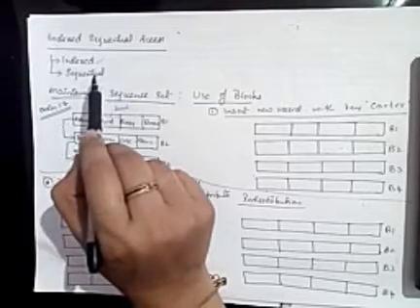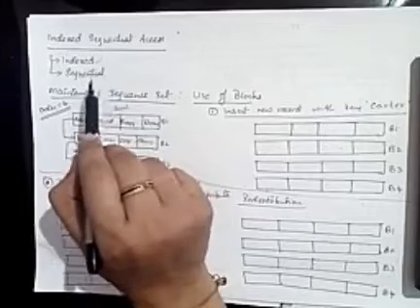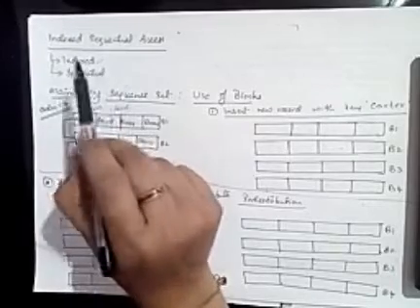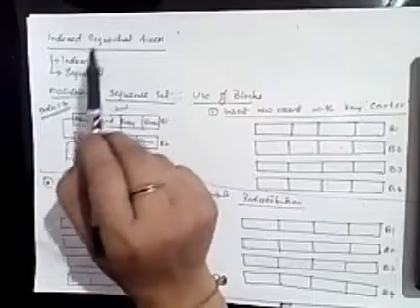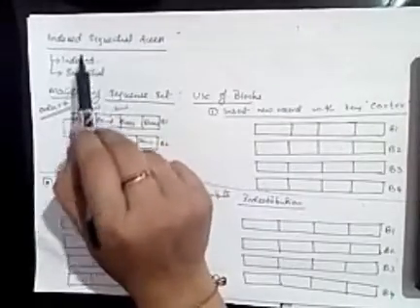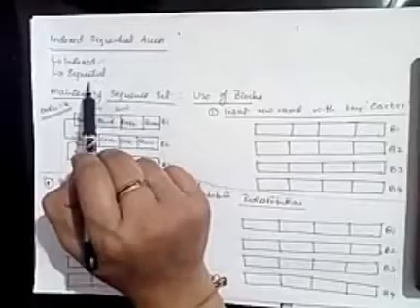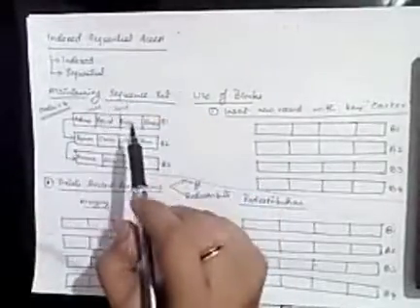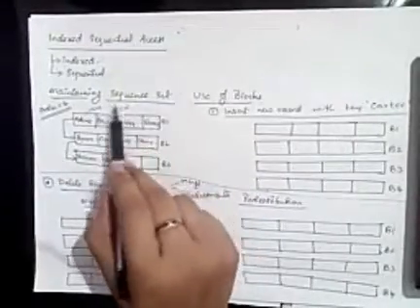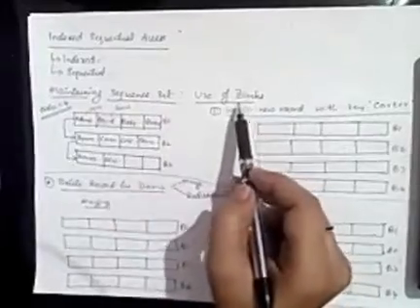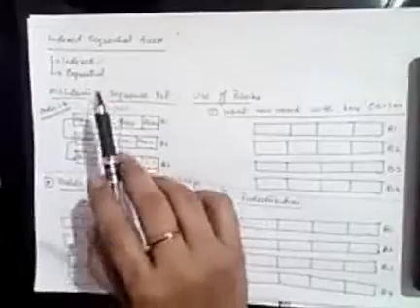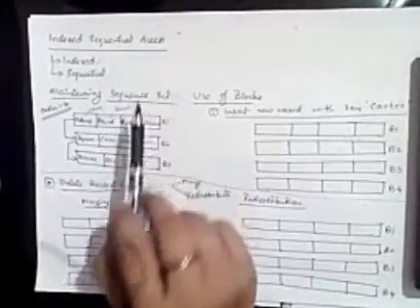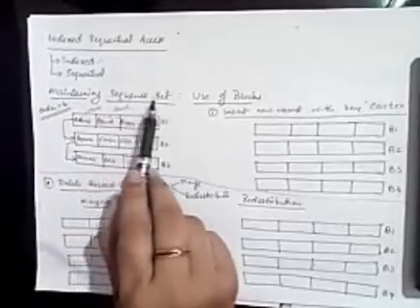Sometimes some applications need only sequential access, and some applications need indexed access. So in this type of access you will have both of these types. Here we are going to study mainly the sequence set and the blocks. Usually with indexed sequential access we use blocks. So what is a sequence set?